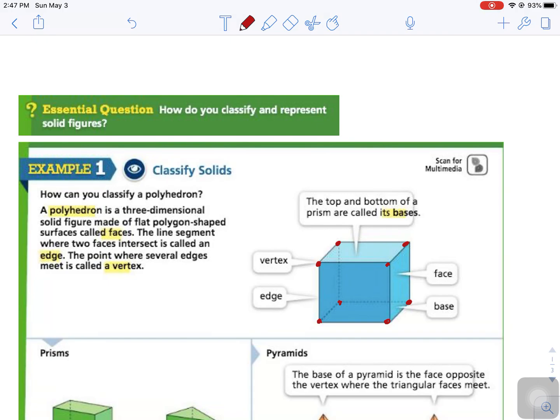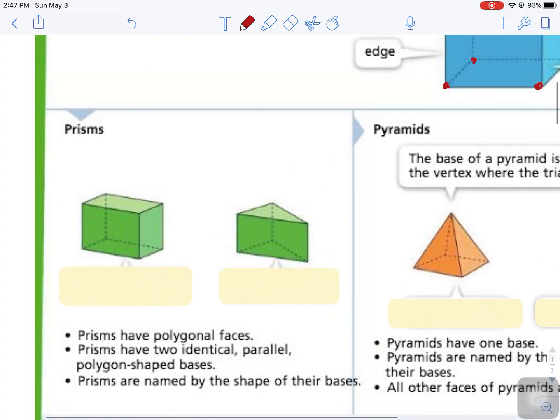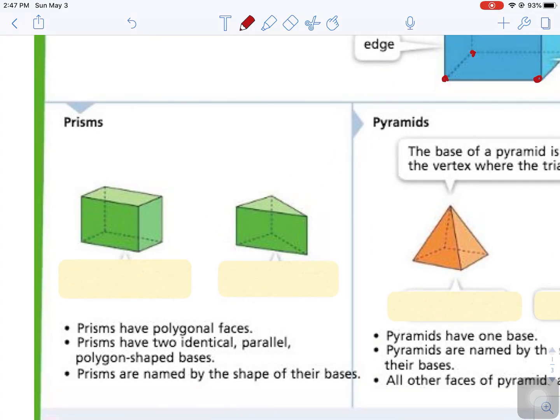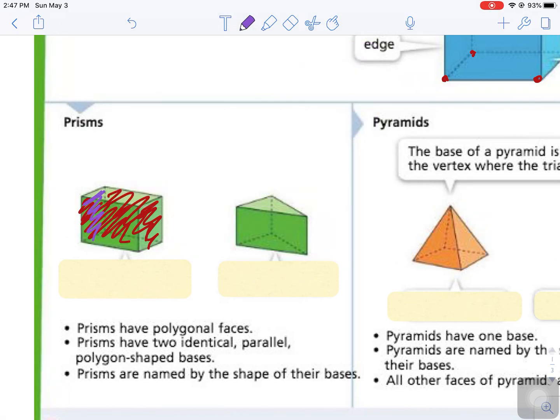So there's two types of solids I want to talk about today, prisms and pyramids. So prisms have polygonal faces. So remember our faces, 1, 2, there's one in the back, 3, and then another one. I'm going to use a different color. Let's see, purple, and one back here, which is 4. So you have polygonal faces,